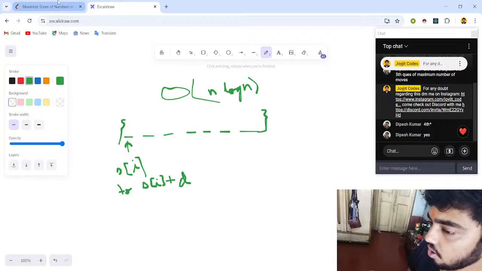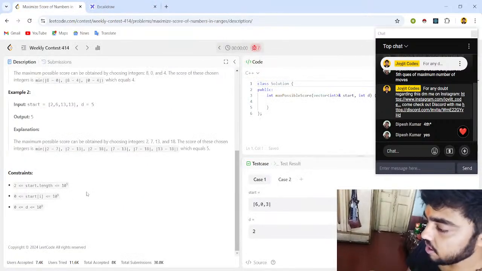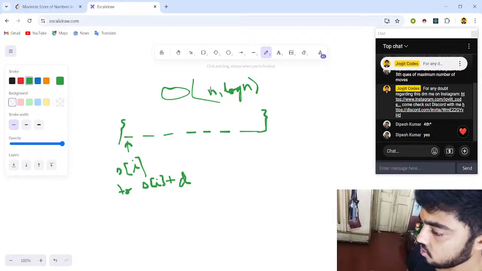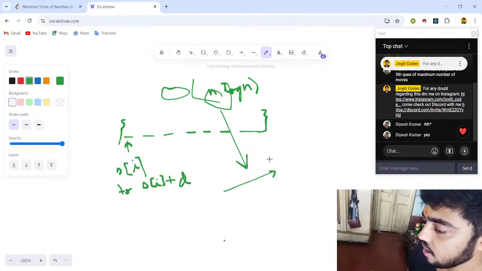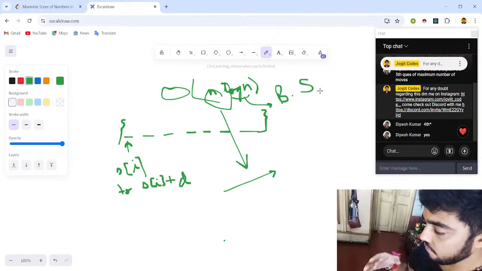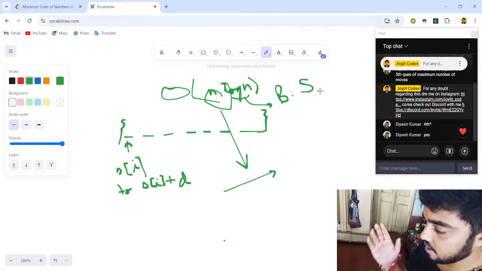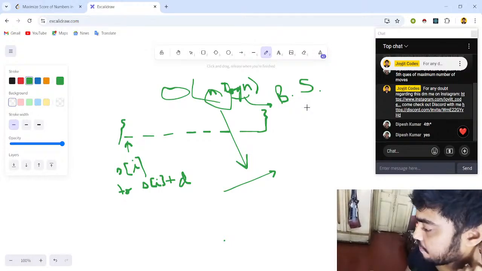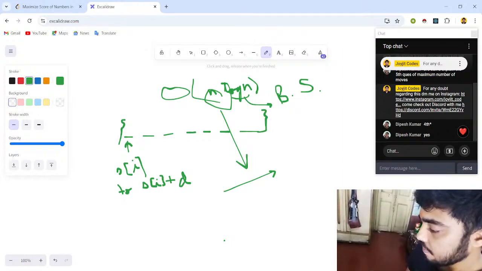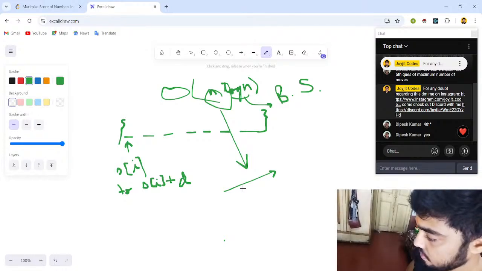Now since it is big O n log n, this n is going to give me the traversal. Basically I have to traverse throughout the whole array for every specific operation, and this log n is going to give me the binary search approach. Now what is the binary search approach? Let's say you have a value. Now you know the values of that specific interval, so you can go for some pre-calculations, but I'll prefer that you choose the best